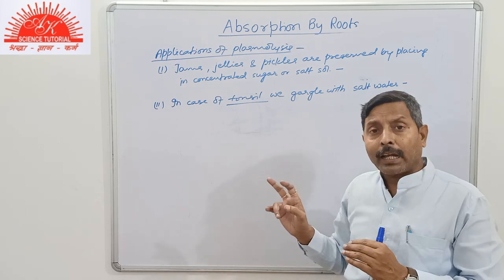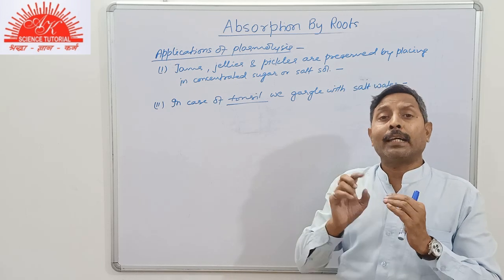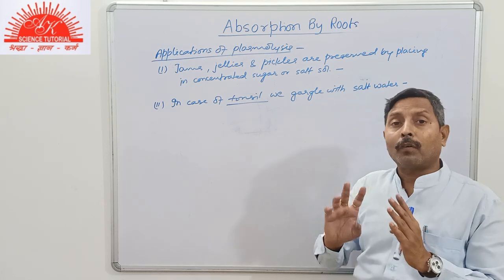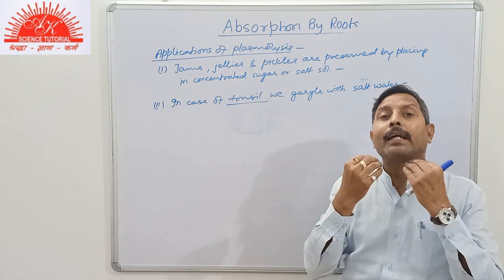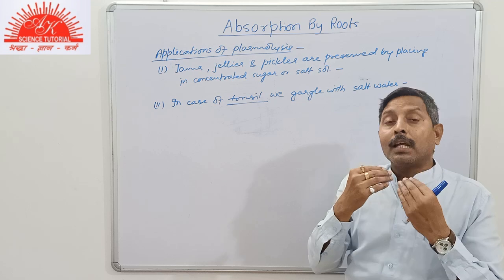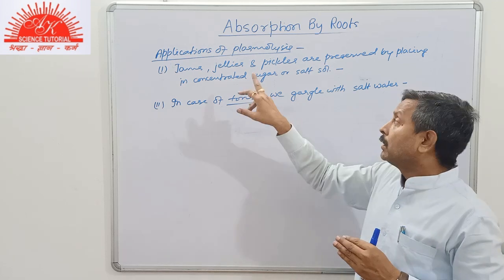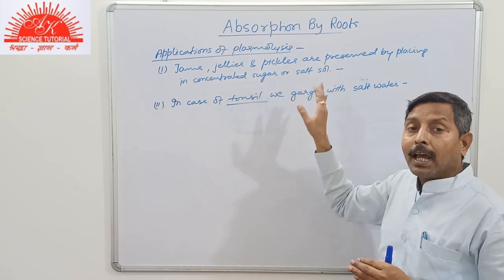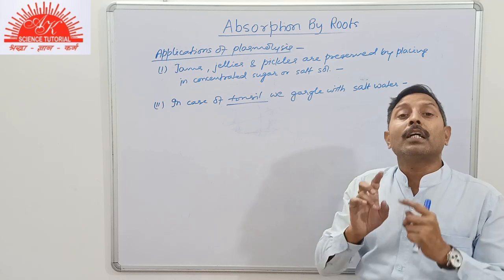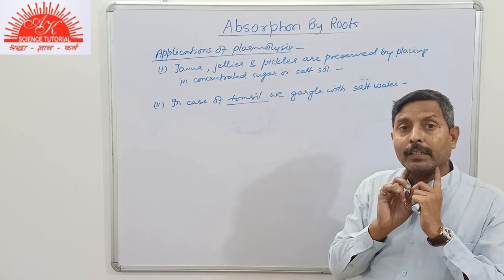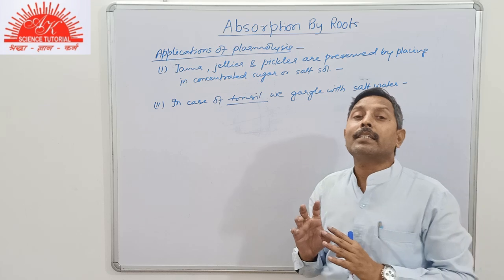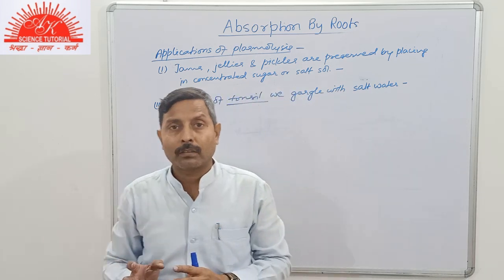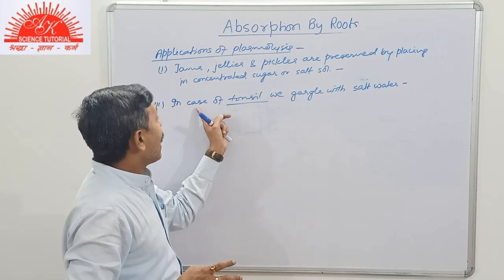When we gargle with saline water, salt water forms a hypertonic solution around the tonsils. Due to exosmosis, germ cells are plasmolyzed and they are killed, and the swelling is reduced due to the exosmosis, and hence we feel comfortable. So this is the application of